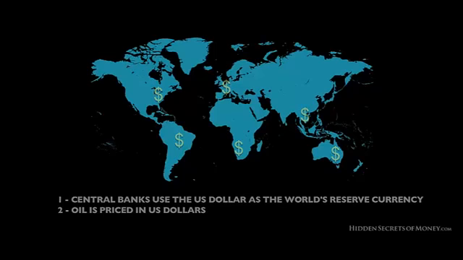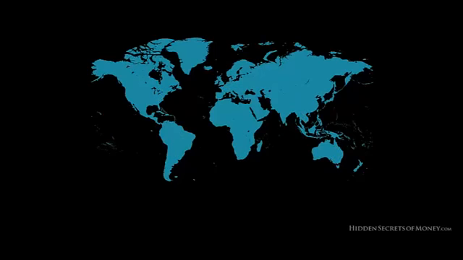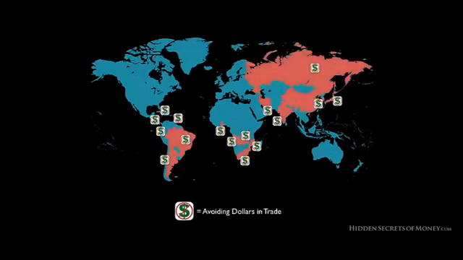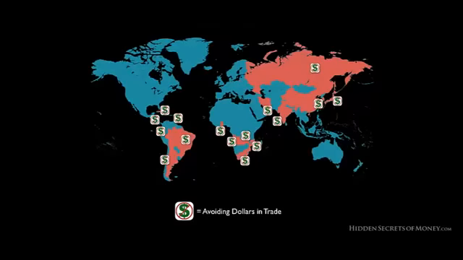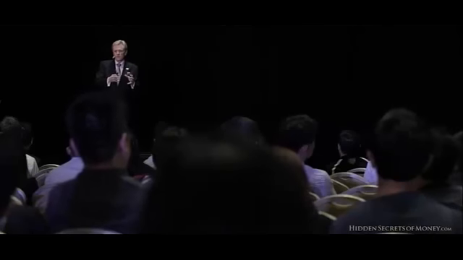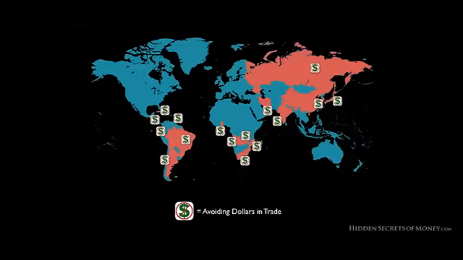So this is the world, and what you see here is that these are the countries that are avoiding the US dollar in trade. They're doing bilateral agreements where they'll either hold each other's currency and settle that way, or they're establishing, like right now, they're talking about a BRICS bank, Brazil, Russia, India, China, and South Africa, having a bank that will do settlements between the countries directly without using the US dollar.